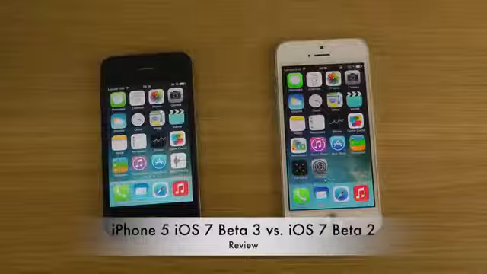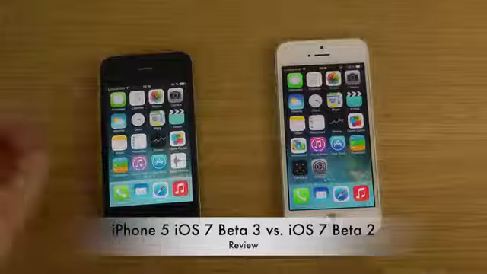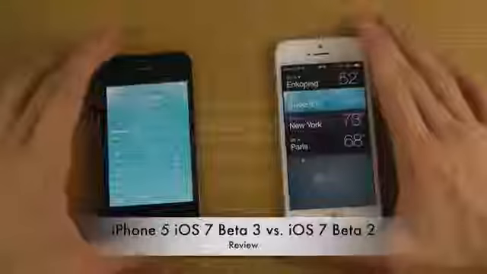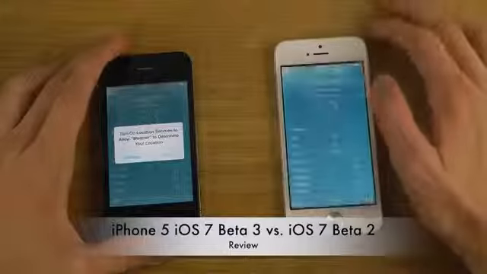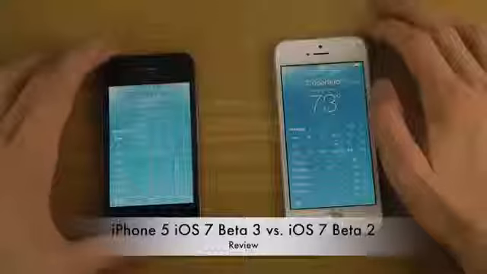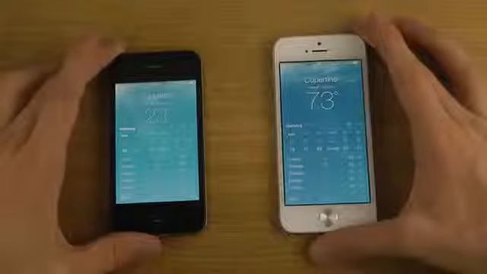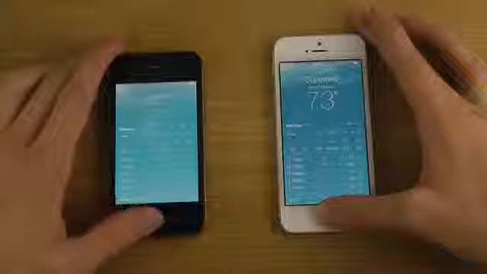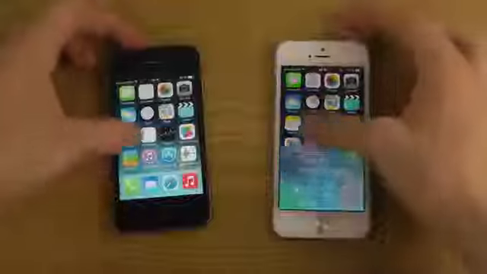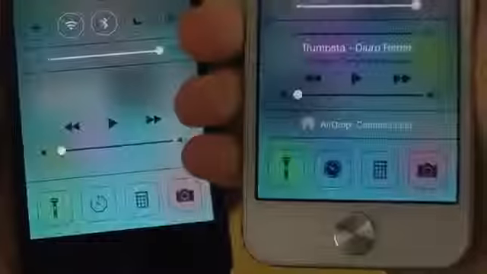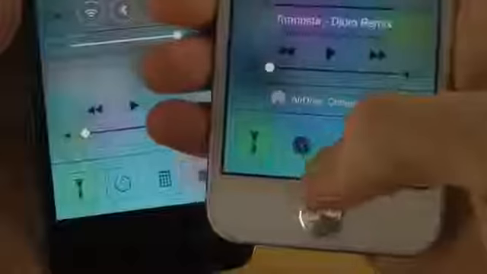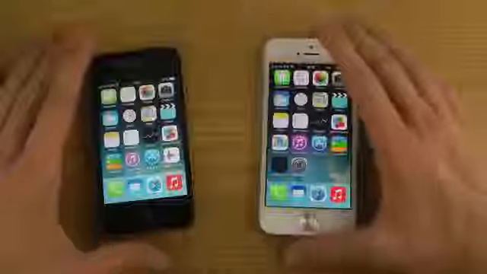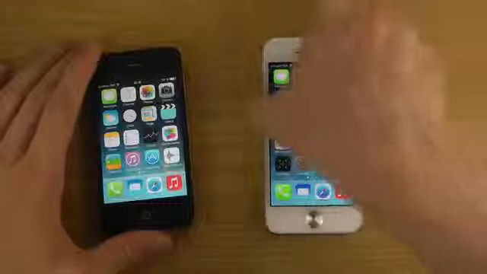Let's continue on here. We also have some new fonts from what I've heard inside of this little app over here. So it could be a little bit different, how it looks. And then also we do have a new icon. When you go up like this, you can see that one icon here, like the clock icon, is changed. This one, it's a little bit different there. And then also when you play music